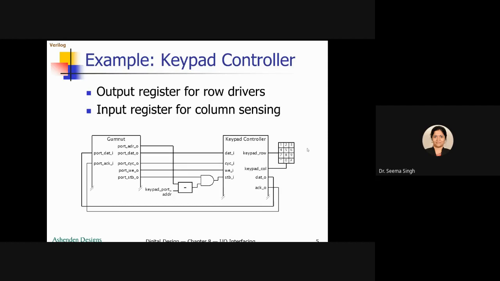So now what do you understand? The IO device is one thing whose working you are supposed to understand. You are also supposed to understand the program of the keypad controller and also its connection with the processor of any embedded system.